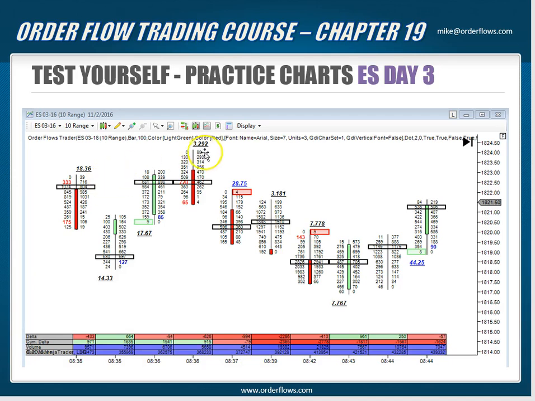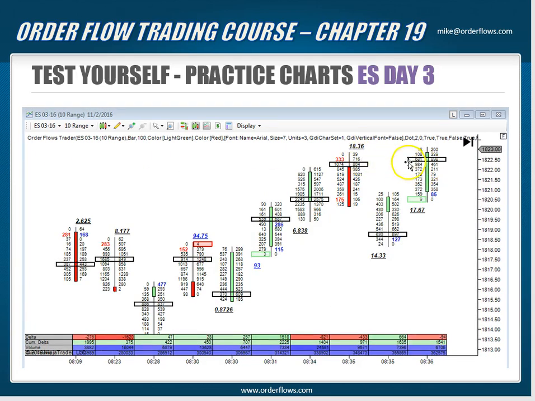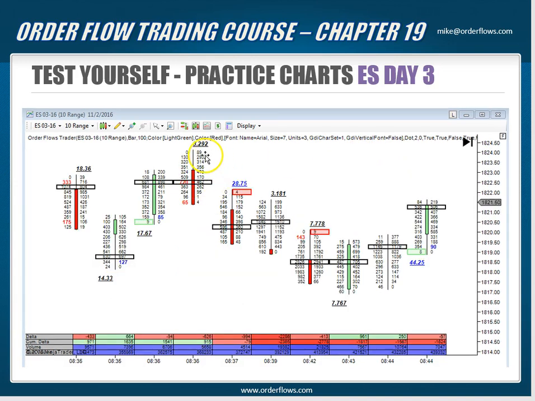Okay, so we sort of rallied up to a high. We've started to come off a little bit. And what do you have? You have this high here at 1824, which, before we poked our way up, we got up to 23. Now we've just got on the other side of it, up to 24. And you have a negative delta, and the bar before it, you had a negative delta. In the bar after, you got a